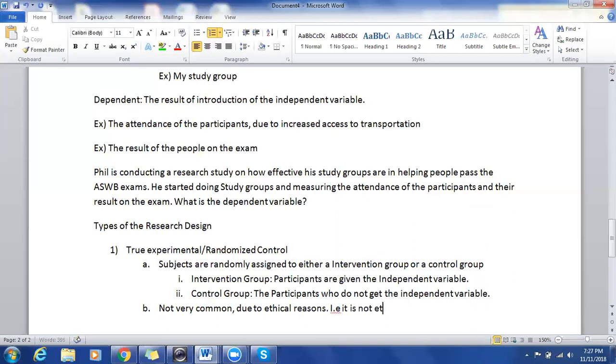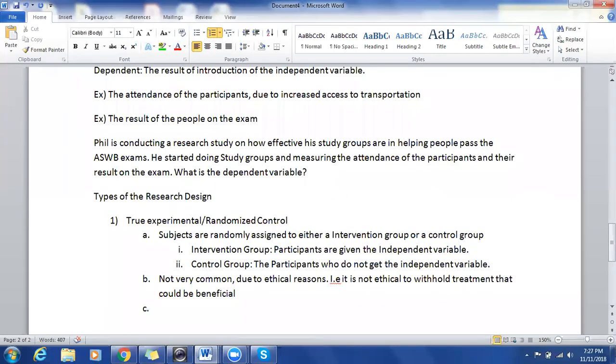And as you can imagine in social work, it's not very common due to ethical reasons, i.e., it is not ethical to withhold treatment that could be beneficial. However, this is the best possible option when studying a particular intervention